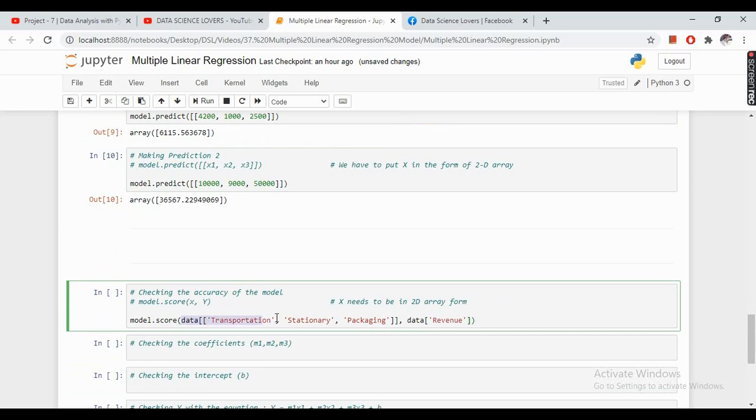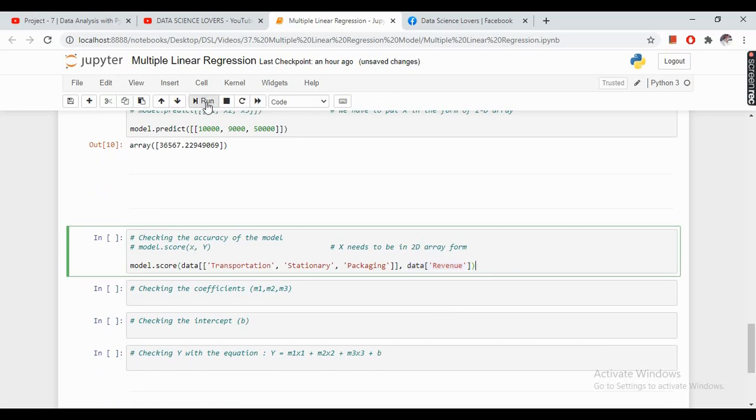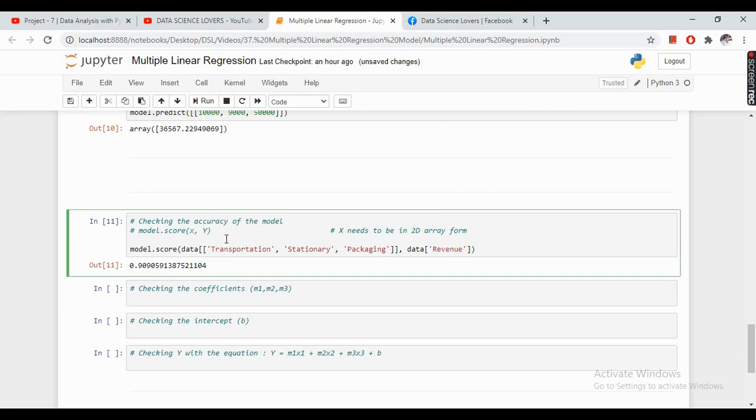This is my x, which contains three variables: transportation, stationery and packaging, and this is my y, which contains one variable, which is revenue. If I run this, then it is showing the accuracy of the model as 0.90, meaning there is an accuracy of 90%, which is good.